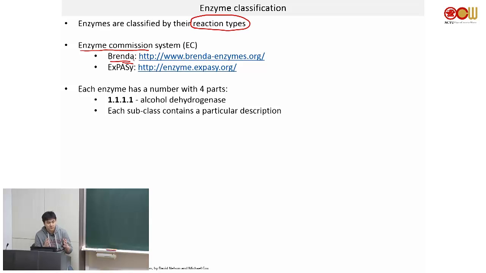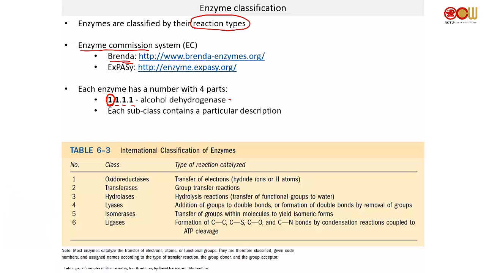Now, each enzyme has an EC number, and each EC number has 4 parts. So for example, 1.1.1.1. Okay, this is alcohol dehydrogenase. And then each subclass contains a particular description. Now, the major class here, the first number, the first identifier, that's the only one that I require you guys to memorize. There are 6 major types of enzymes. They are